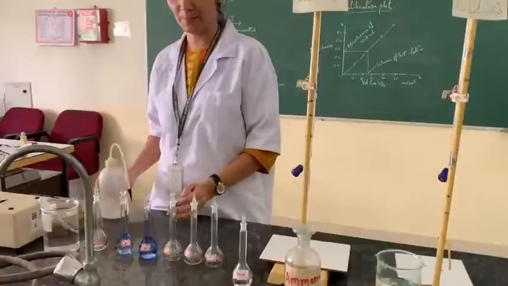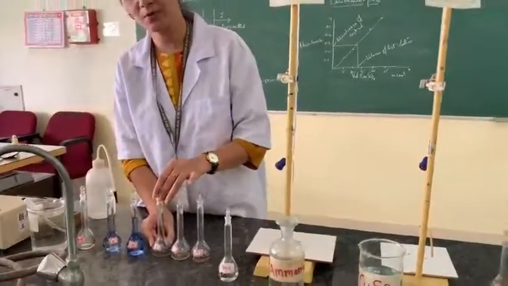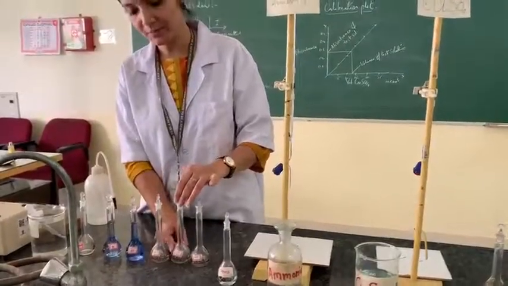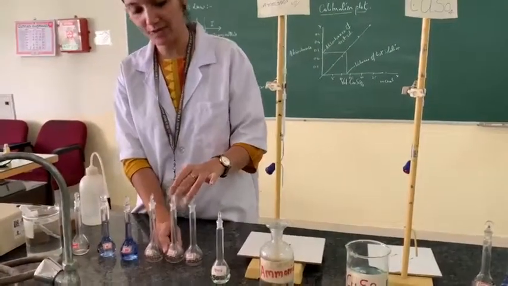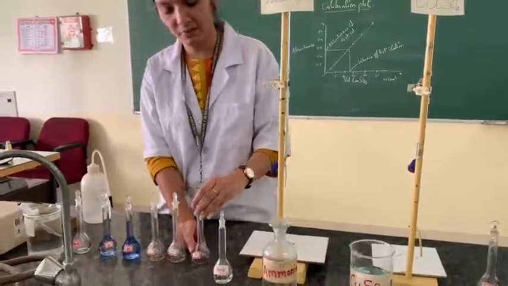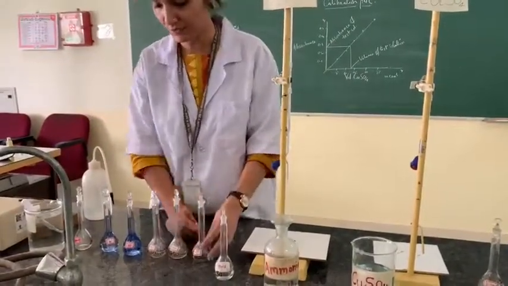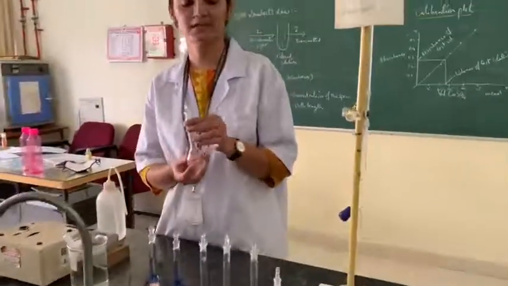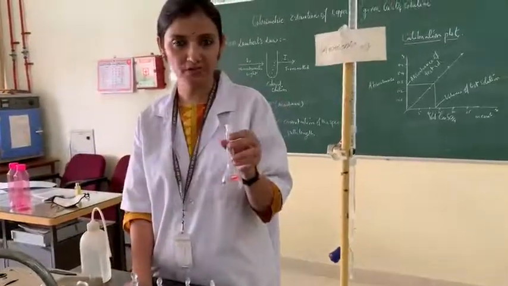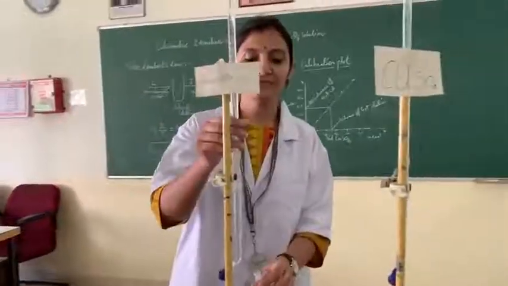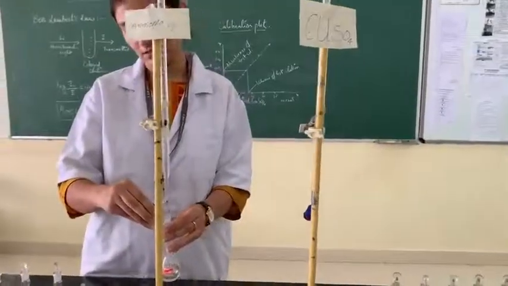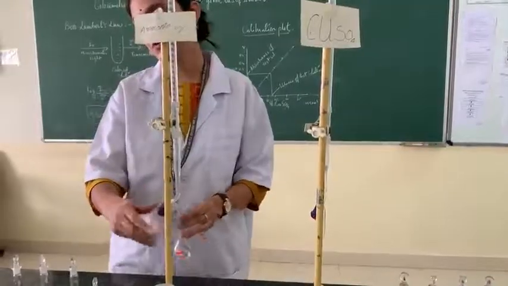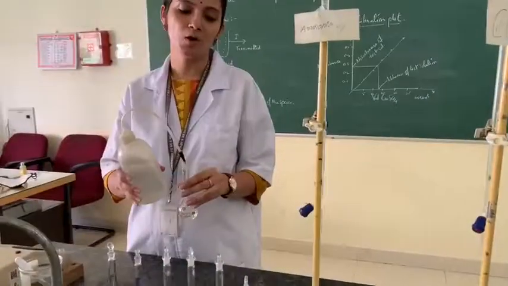Likewise, you have to prepare 15, that means 15 ml of copper sulfate, 5 ml ammonia, rest water. 20, that means 20 ml of copper sulfate, 5 ammonia, rest water. 25 ml of copper sulfate, 5 ammonia, rest water. After preparing all these 5 solutions, take the volumetric flask labeled as blank. Blank means there should be no copper sulfate in this. It means you need to add 5 ml of ammonia in this blank solution and the rest water. So it will be a colorless solution since there is no copper sulfate in this.